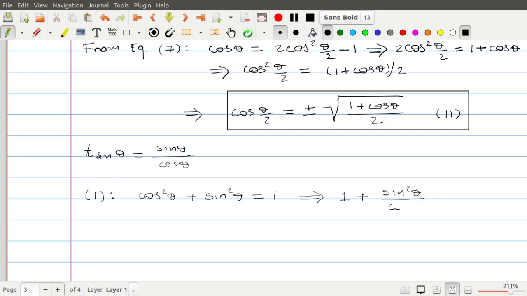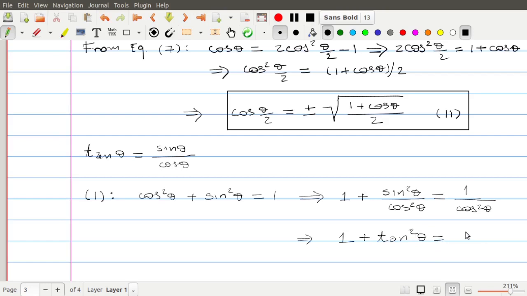That's what I wanted to say. This will be 1 by cosine squared theta. But this is the tangent. This is 1 plus tangent squared theta